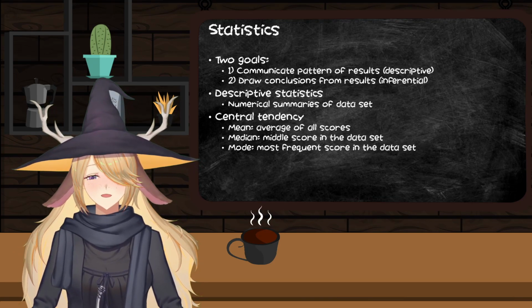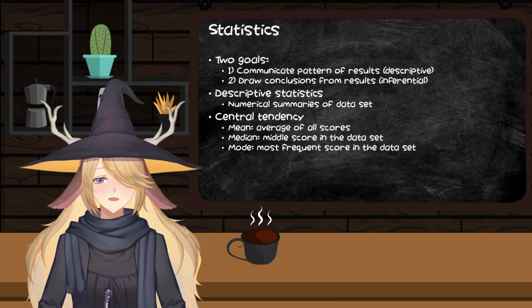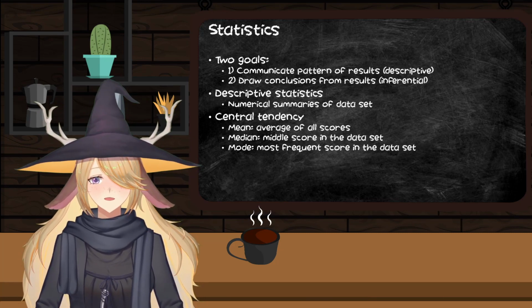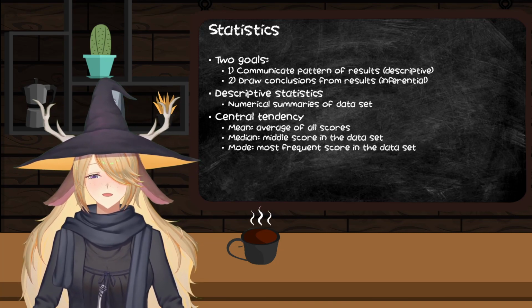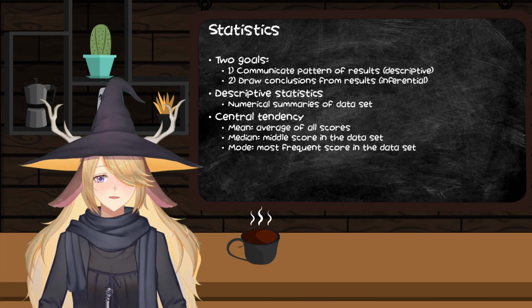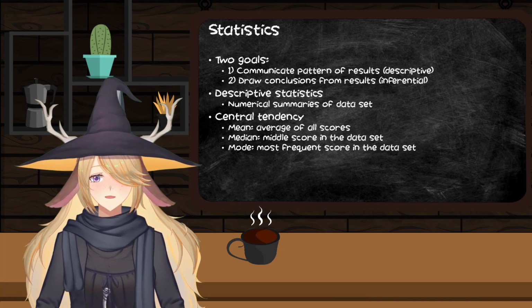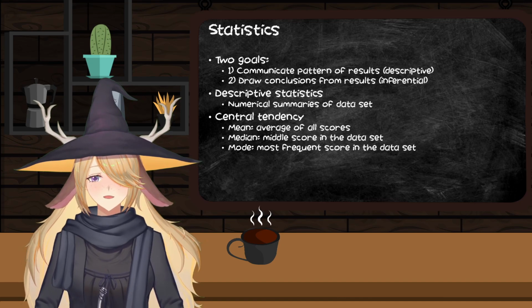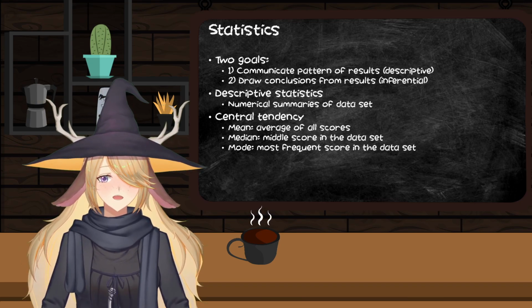So in the case of descriptive statistics, you might get measures of central tendency, like the mean, which is your average across all scores. So you might get something like, what is the average viewership, or your average number of viewers? But in some cases, if you have very skewed data, it might be more appropriate